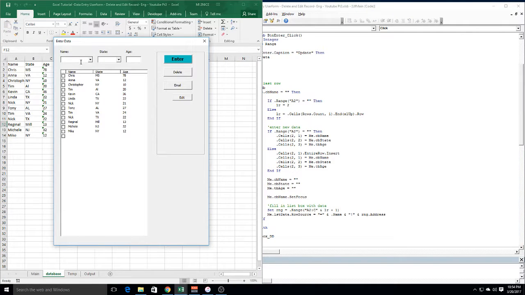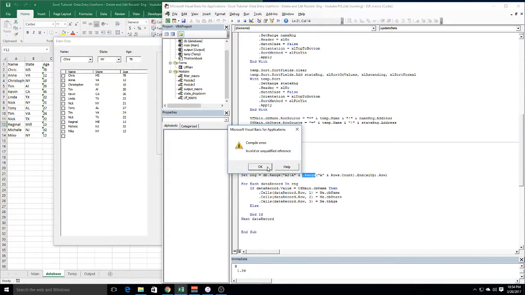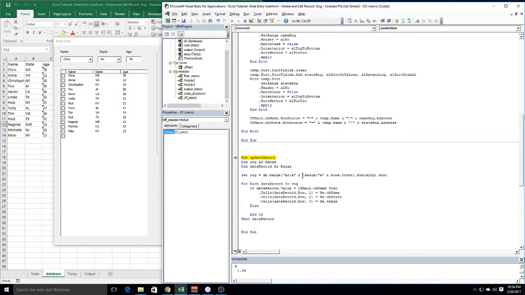Again, here we go. We're going to type in Chris. Actually, no, we need to go into edit mode, and I should be clearing things out here when I enter edit mode. But there is Chris, New York. I hit update, and something happened here where I need my DB here. And then I hit run,